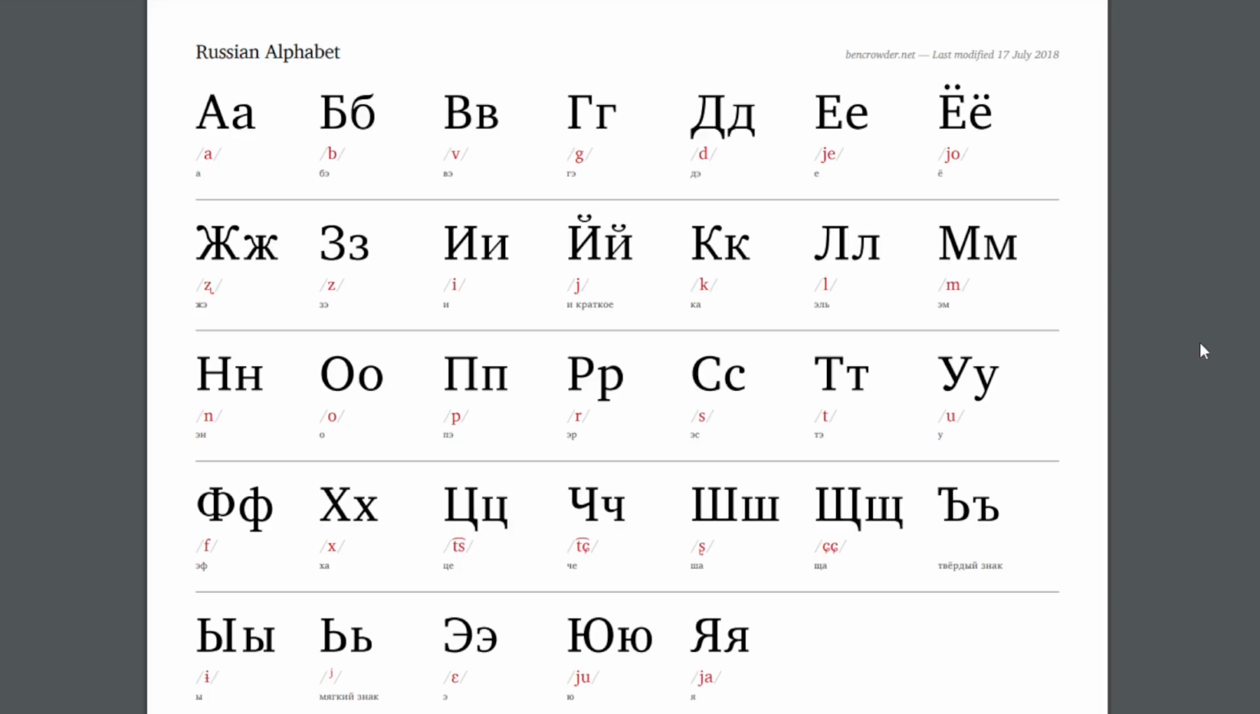Hello everyone, and today I'm going to teach you the Russian alphabet. So here we have all of the characters. There's a total of 33 characters in Russian. It's made up of the Cyrillic alphabet, and I'll just go through and tell you which sound each of these